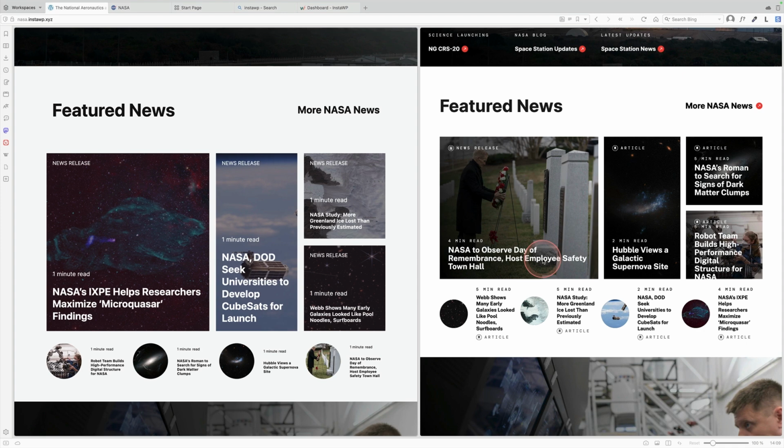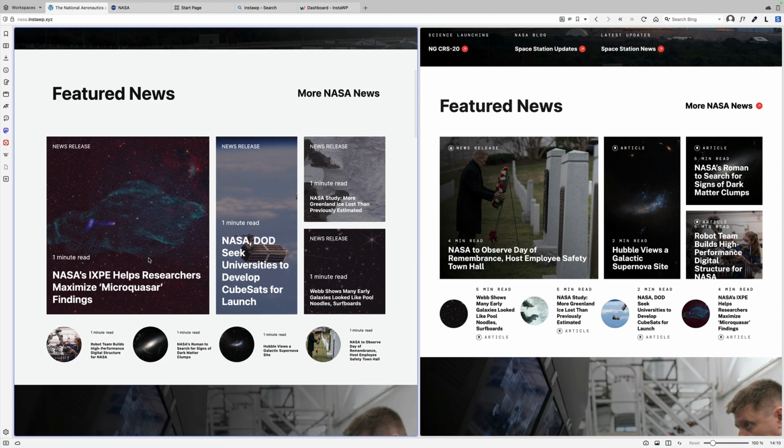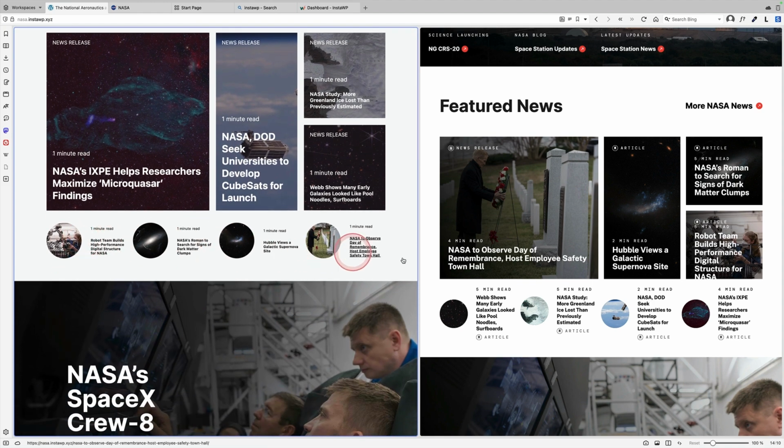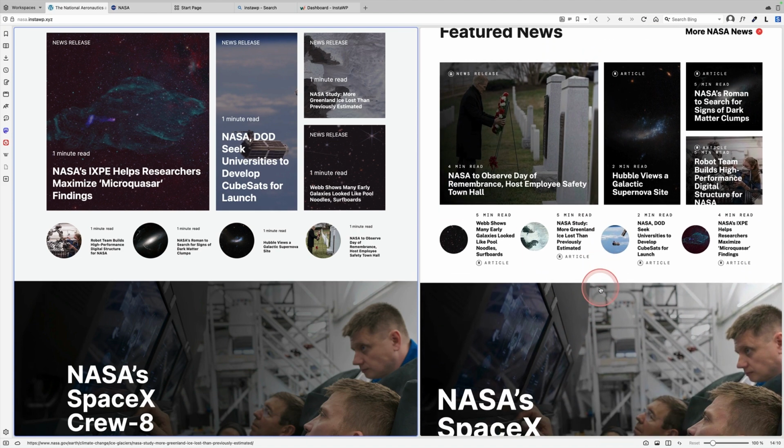Then we come down here to this fairly complex grid section. Now I've got the main functionality built in this, and these all actually link off to the posts themselves. You can see mine is slightly too deep, but that's very easy to rectify. I just didn't have time in the 30 minutes. But the main functionality I've built, it's a pretty complex post grid, and we've got most of the good stuff on here. Then we've got this section down here, and again, that's pretty accurate. That's not too bad at all.